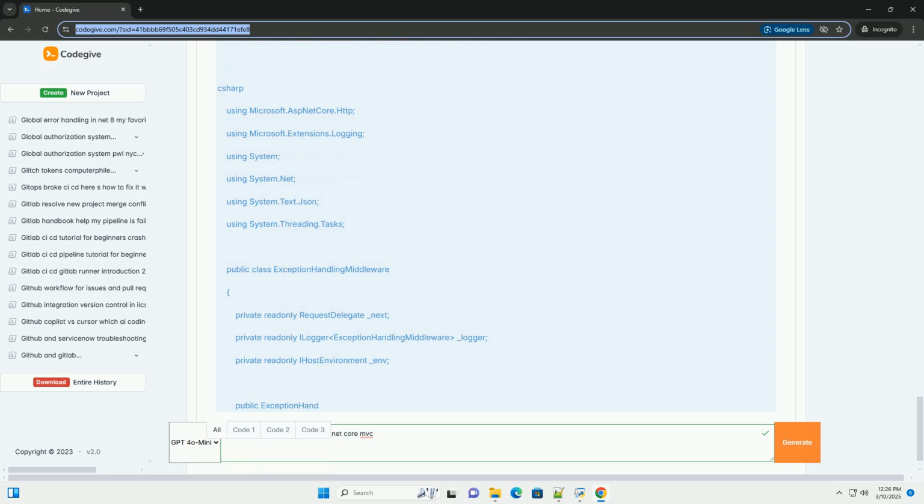RequestDelegate _next. This represents the next middleware in the pipeline. The InvokeAsync method calls _next to pass the request along. Try-catch block. The try-catch block wraps the call to _next. Any exceptions that occur during the execution of subsequent middleware or the controller action will be caught by the catch block. HandleExceptionAsync method. This method handles the exception, logs the error, sets the response content type